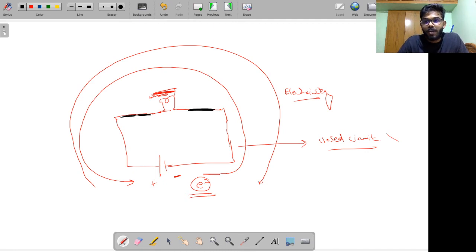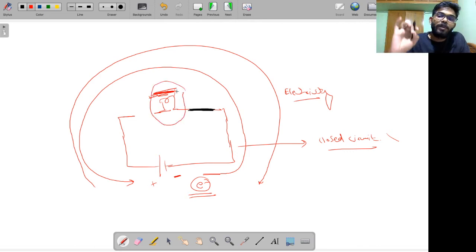What happens is, when electricity is normal, this fuse is perfectly fine. When high amounts of electric current flow through, this fuse has a low melting point. That means, when high amounts of electricity are flowing, this fuse starts to melt. If the fuse starts to melt, that means the circuit is broken. If the circuit is open, electricity does not pass through. So therefore, your electric devices are protected thanks to the presence of the fuse.